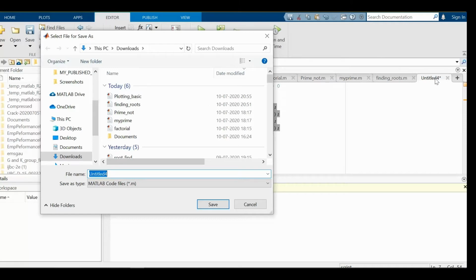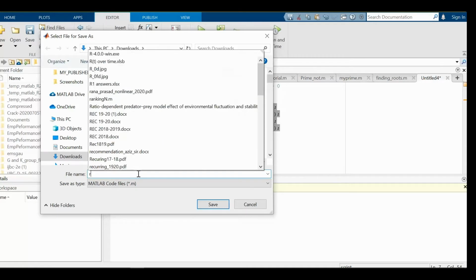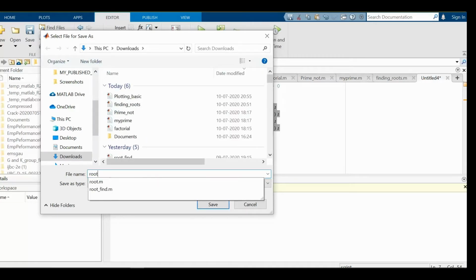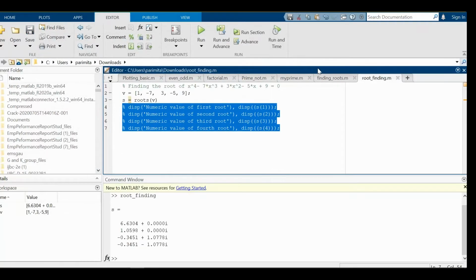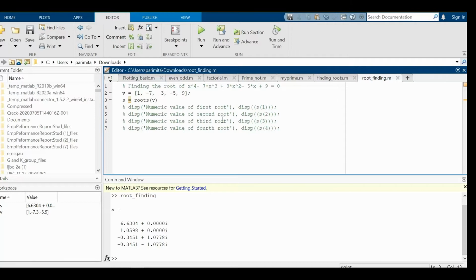So I'll write it as root finding. You have to give a name to your program, and then you will put save. Now you can see that I have commented all these 4 lines. So what it has done, it has simply given the value of s, that these are the roots of this